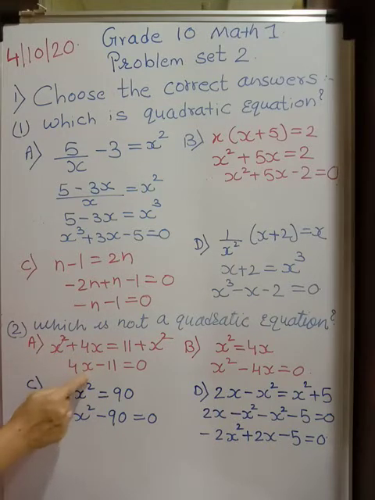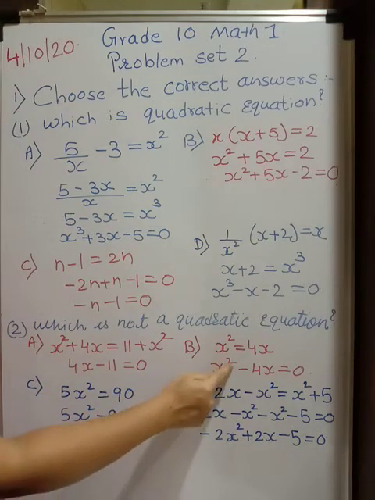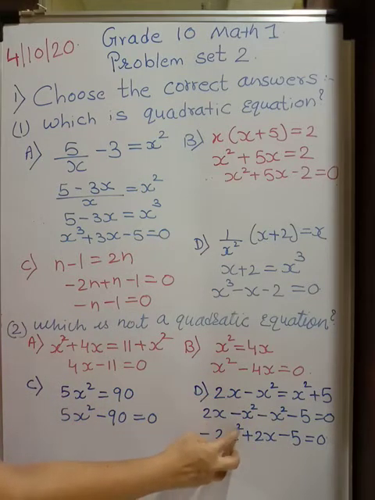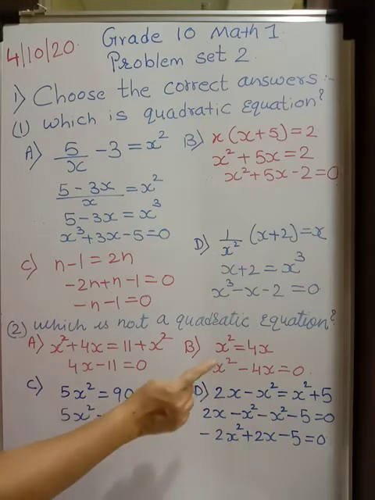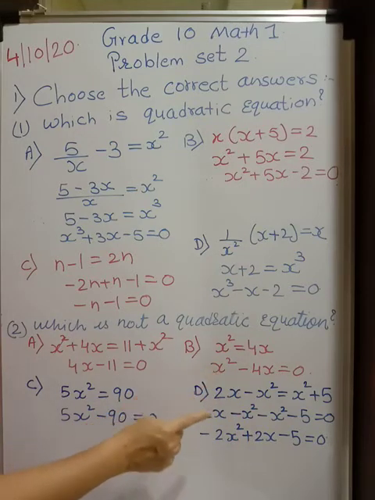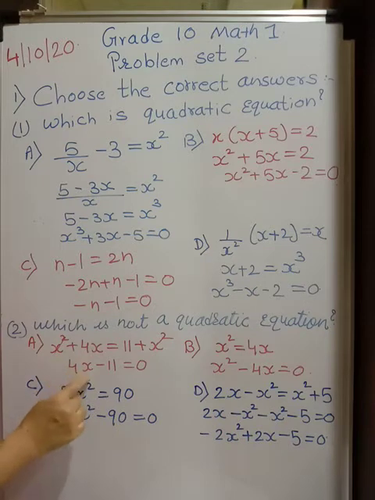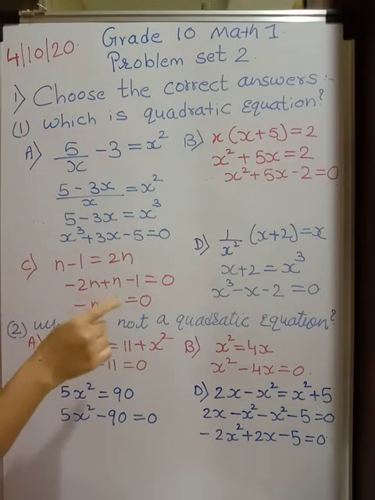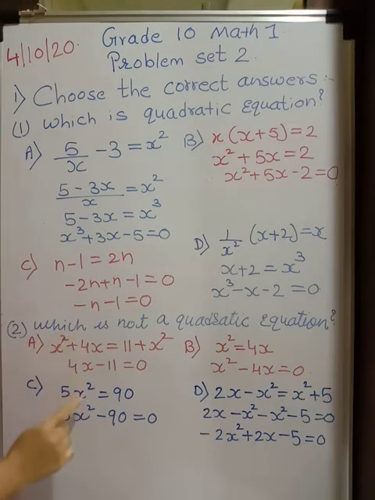The power of x, the highest index, is not 2 over here. Look at this. If you solve, you get x square. Highest index is 2. If you solve this, you get x square. Highest index is 2. So all these three are having maximum index as 2 and the variable is only 1. Whereas here the index is not 2. So this is not a quadratic equation. Look at the question. First was which is a quadratic equation and here which is not a quadratic equation. So here the correct option is E. I hope you are understanding.